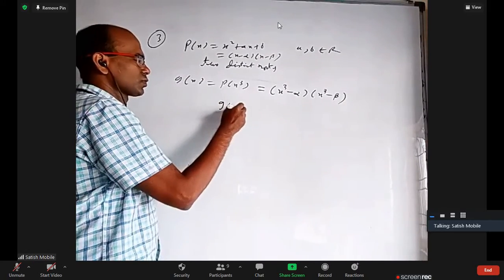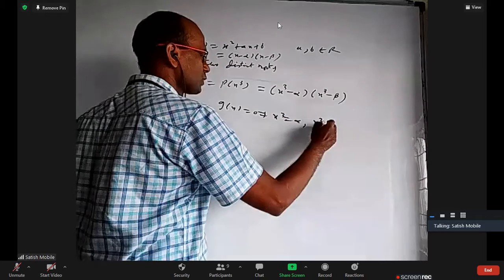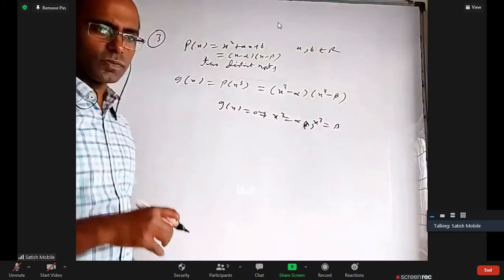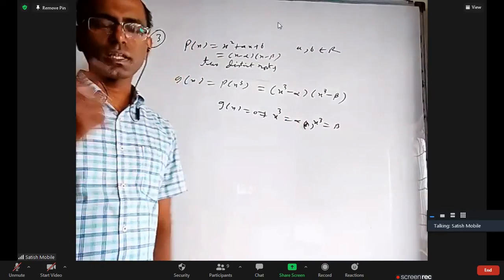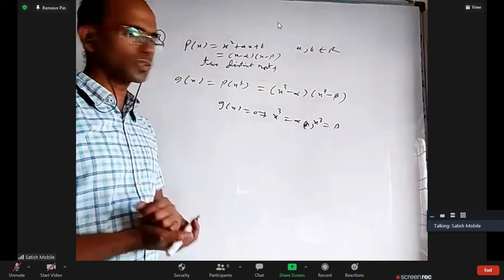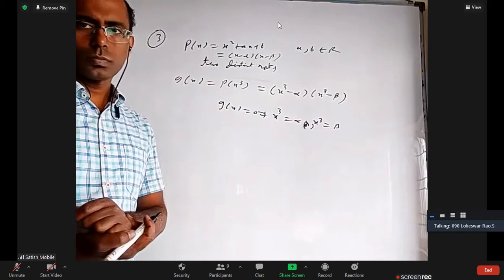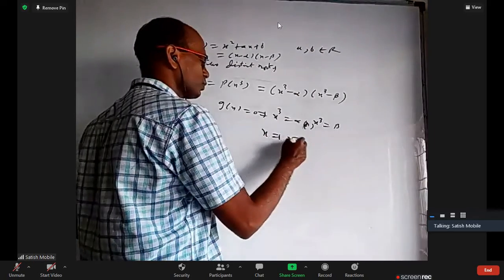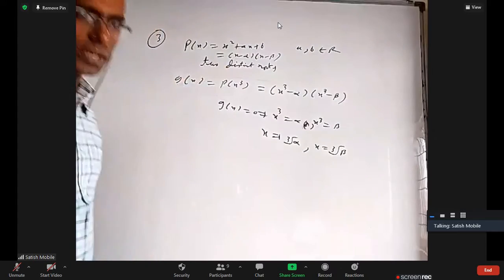When we take g of x equal to 0, we'll get x cube equal to alpha or x cube equal to beta. Normally a cubic equation may have 3 roots, but this equation will have only 1 real root and the other 2 complex roots. X cube equal to alpha, what is the only real solution we have? X equals cube root of alpha. That's it. So x is equal to cube root alpha, x equal to cube root beta. Other roots will not be real.